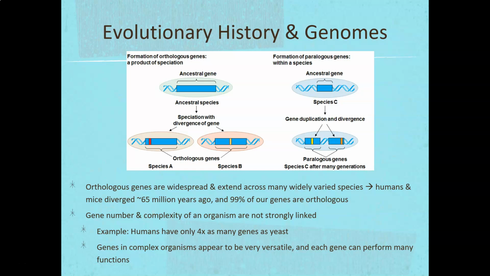So orthologous genes are widespread. They are extensive across a lot of different varied species. We see examples of orthologous genes, just for an example, in humans and mice. We use this orthologous mutation to see that we diverged somewhere around 65 million years ago, and about 90% of our genes are orthologous, meaning we have a hemoglobin gene, we have a gene for lactase, for example, but